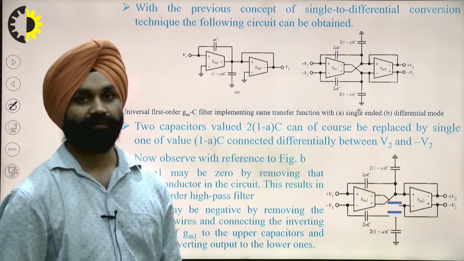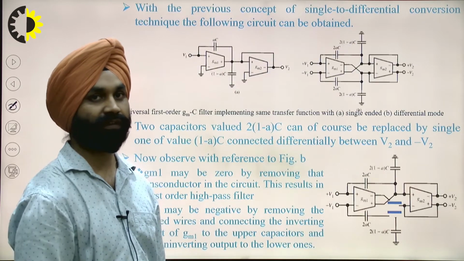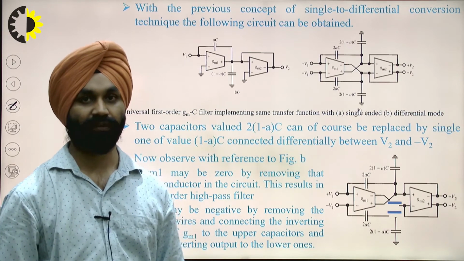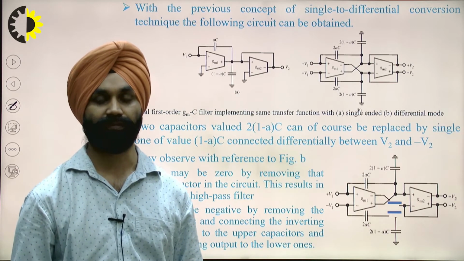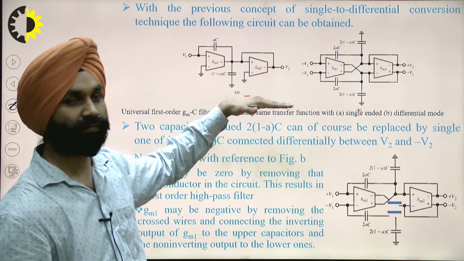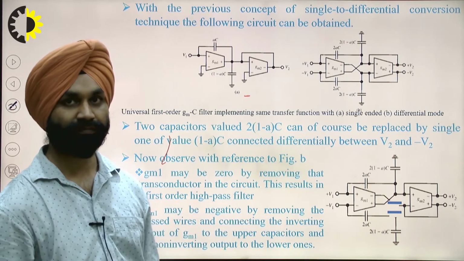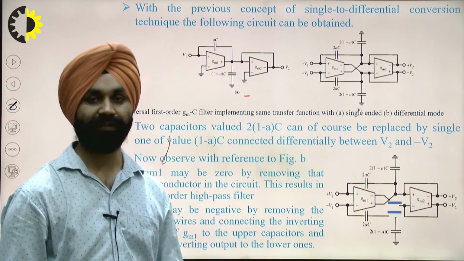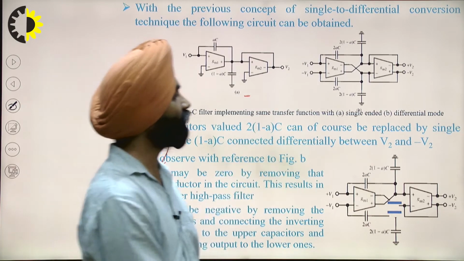Now this circuit that we have created is first of all a single-ended circuit. To create a double-ended or differential filter, first of all we have to take the mirror image from the ground, as we have seen in the previous lecture. Then we have to double the capacitor values. Then we have to take the polarity inverted, and then we have to merge the active components. This way we can create a differential mode